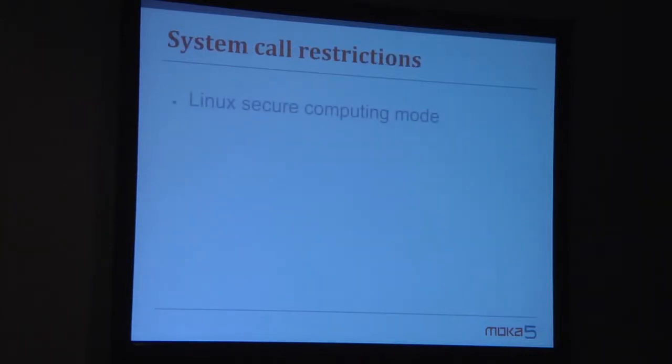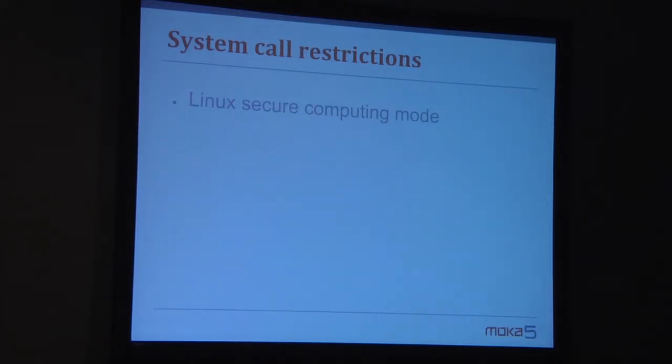So, system call restrictions. There are some Windows products that add this on, and there are some things in Linux and now iOS and Mac OS X's kernel. Linux has a nice thing. I really like this because it's solid. Chrome uses this, and it's actually been the Chrome developers in the last year or two who have taken this feature and run with it, called secure computing mode.